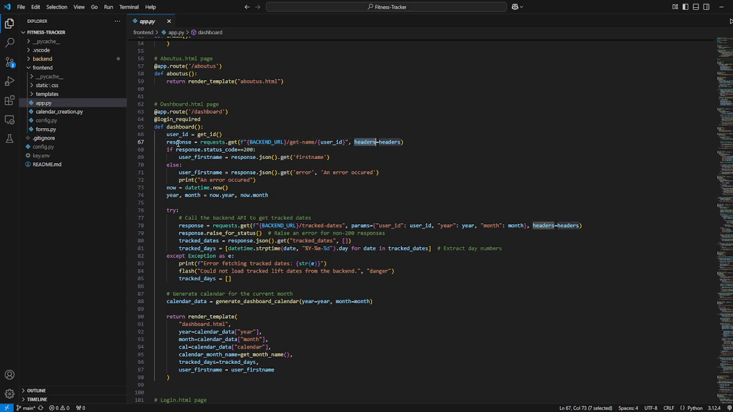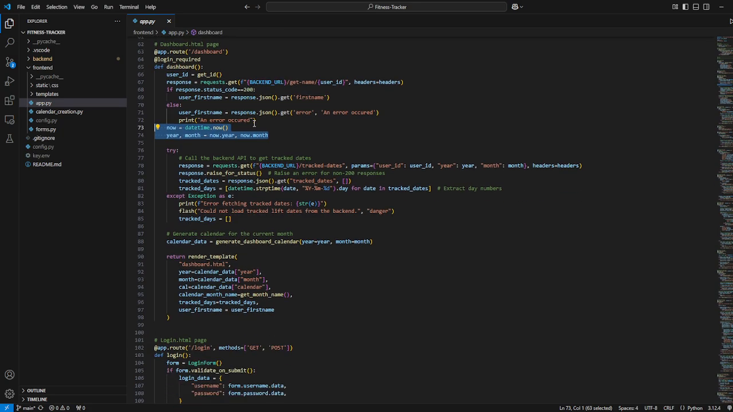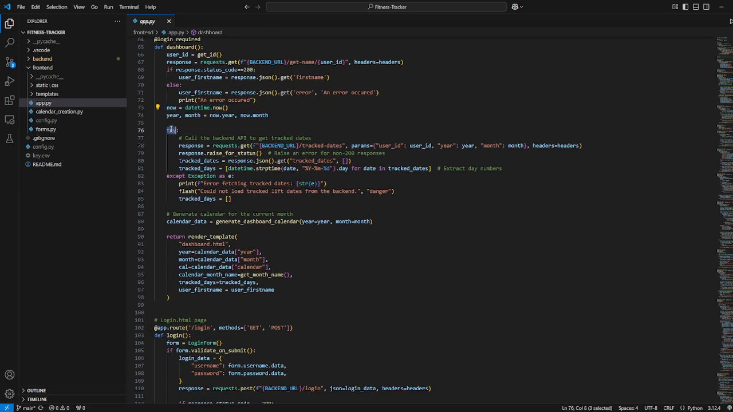If you remember right, this simply gets the user's first name. If it's correct, then we get that JSON data, first name. If it's wrong, we say there's an error in getting that. We get the date time, the year, the month. Then we do this try, and we call the track dates get function. Now that we have the user ID, the year, and the month, we pass the headers as well, and then we get the response data